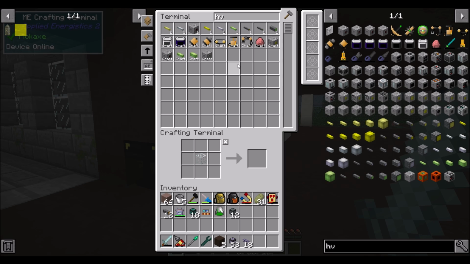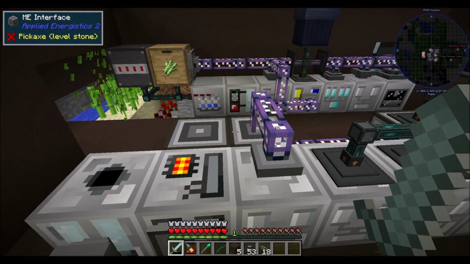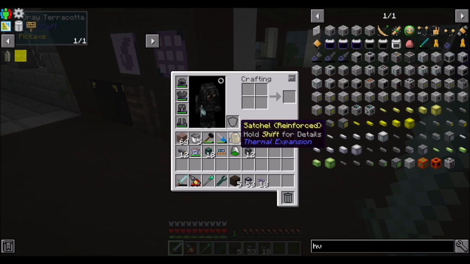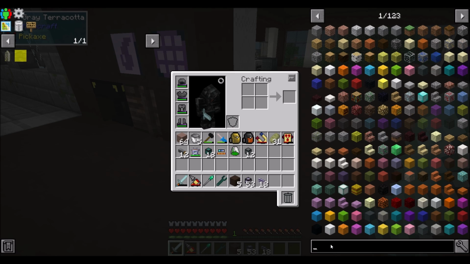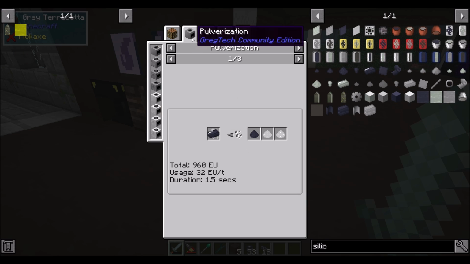So, HV, right? We want to turn cobblestone into gravel, sand, dust. So that's 3 macerators, right? And then we're going to want to turn the dust into clay. That's going to be a chemical reactor, right? Yes. Dust and, yes, a chemical reactor. So 3 macerators and a chemical reactor, right? Now, the other thing we're going to want to do with this is make silicon, right? And silicon comes from...